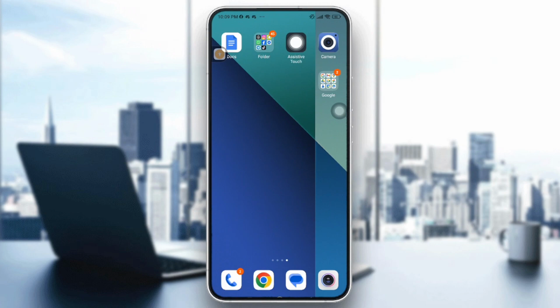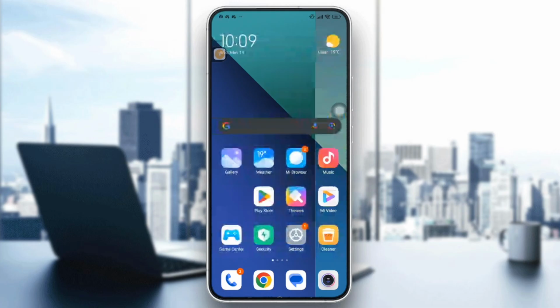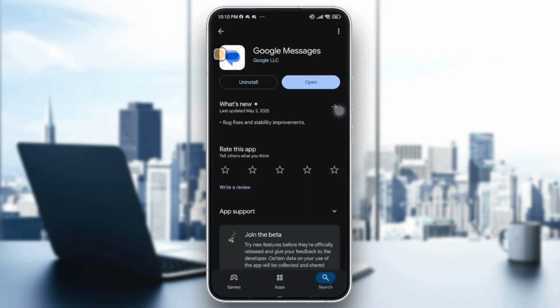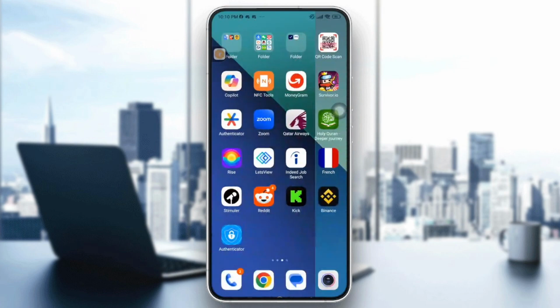In today's video I'm going to show you how to send location in Google Messages. First I just want you to make sure again that you have the last updates or the last version of your Google Messages app just by going into the Play Store or the App Store. It depends on which phone that you have, and by tapping on updates, if you find that you need to update your app,